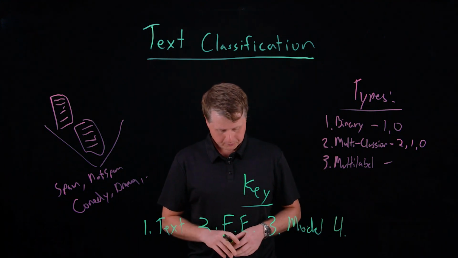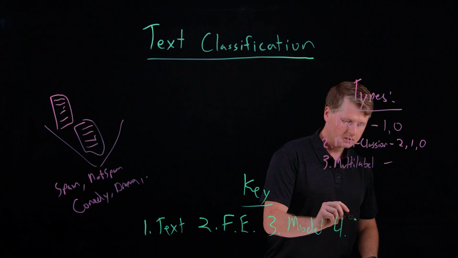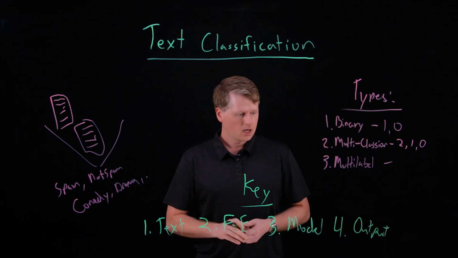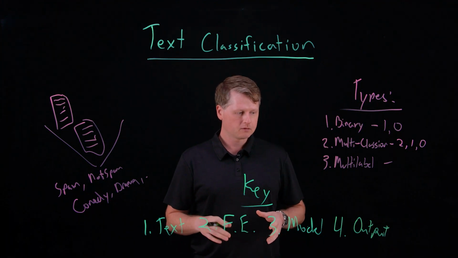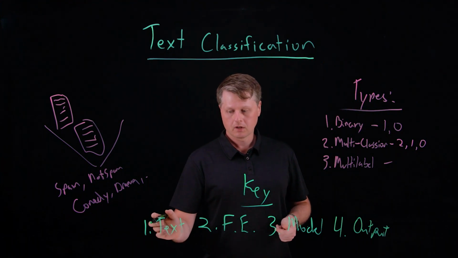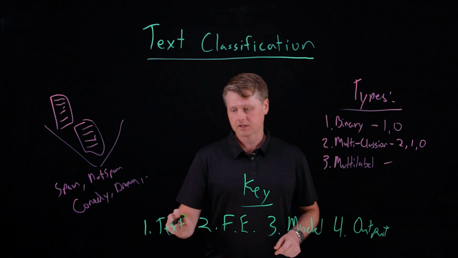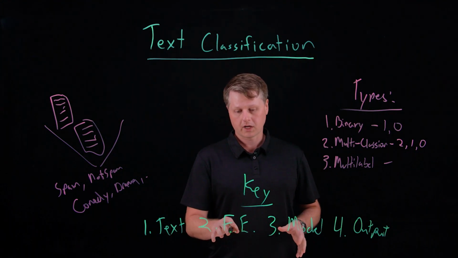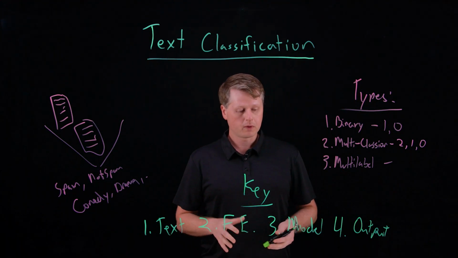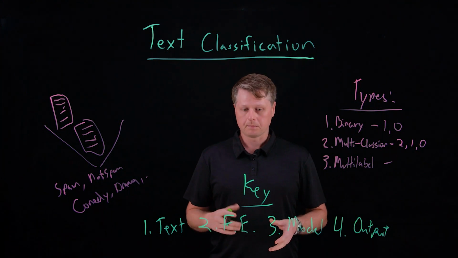And then the fourth step is the labeled output. So I'll just write output. And this part you need to work through iteratively. So this is just the types of classifications that you're receiving from each of these steps. Depending on your output, you might have to go all the way back to your text and rework it. You might have to go back to your feature extraction and adjust it. Or, as mentioned, you might have the wrong model selected, so you might have to go back to that model and select a different one.